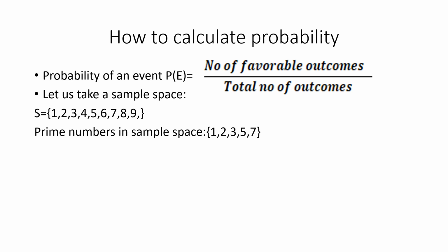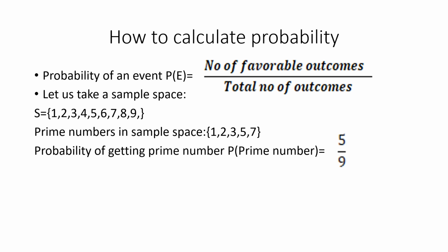So now the prime numbers out of that sample space are 1, 2, 3, 5, and 7. These are the only prime numbers. So then when we represent the probability of the event, which is getting a prime number from the sample space 1 to 9,